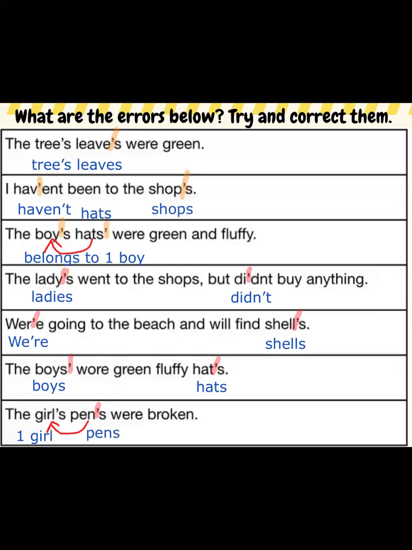Okay, so I hope that you have managed to spot those errors as we are working through, and make sure when you are doing your writing that you're not using the apostrophes to show that something is plural, because that's one of the very common mistakes that I see within the writing. Okay, now I'm just going to